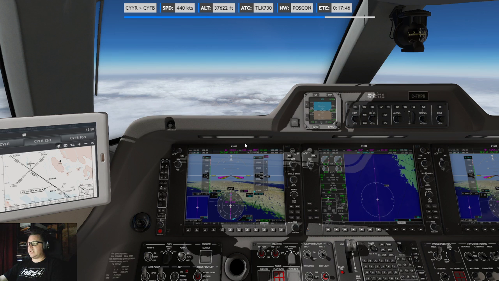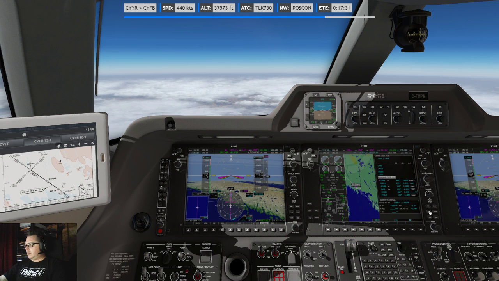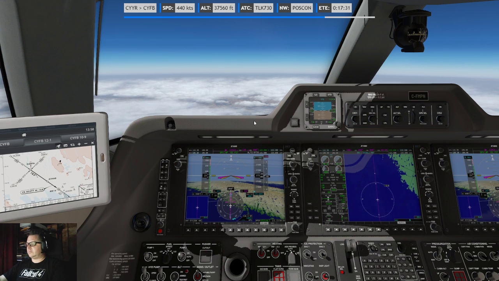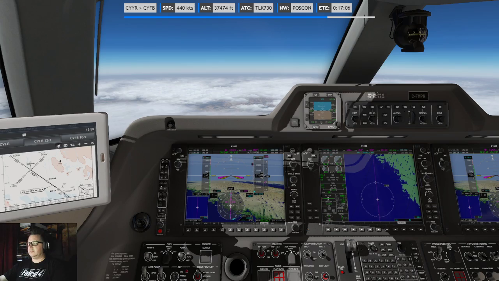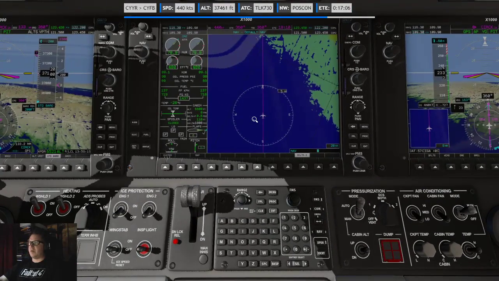I'm not blasting speed, so I'm okay, I think. All right, a minute to go. Then we're going to be over the crazy mountains and crevasses of Baffin Island. All right, so 5 miles to descent.